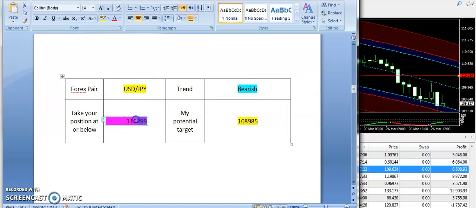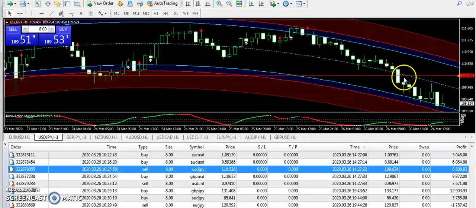USDJPY with the bearish expectation from 110.289, and 108.985 was the target price, and you can see a big drop on USDJPY today. So I congratulate all my subscribers who are subscribed to the signals list. They must have ended up the day with very good profits. Okay guys, here, as I am mentioning,